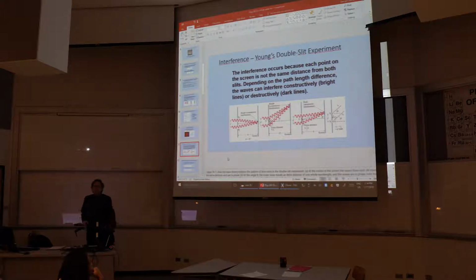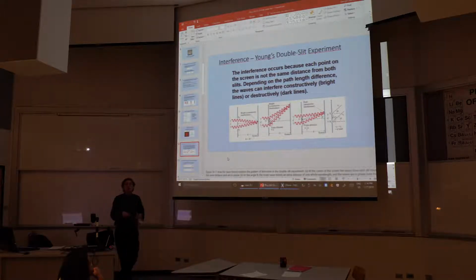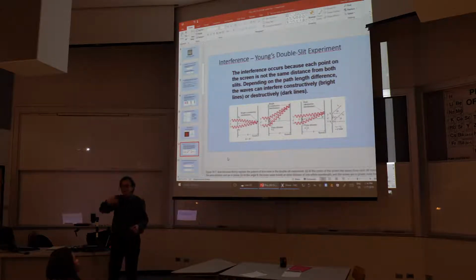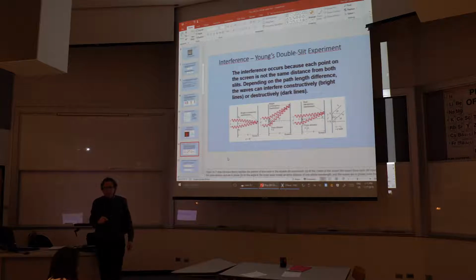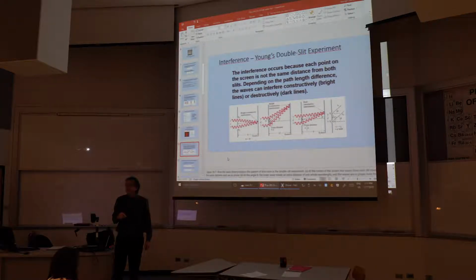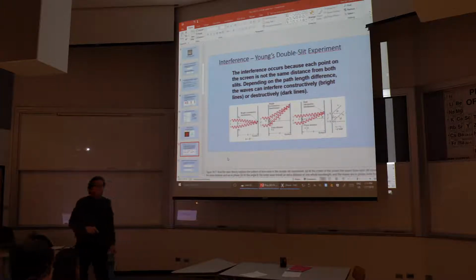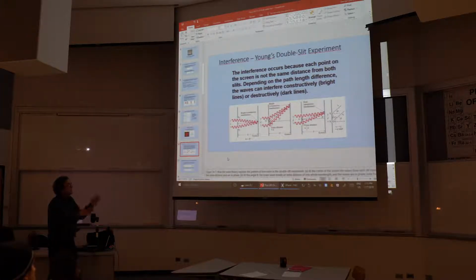Okay? So this is a slide with a theoretical picture of how we're going to explain this. How are we going to explain the fact that the intensity varies from a maximum in the middle, and goes up and down, through high and low areas? We call those bright areas fringes, by the way, so in the future we'll refer to those lines or stripes as fringes. But we want to know how that occurs. And so the basic description is going to be that interference is going to explain this intensity variation,